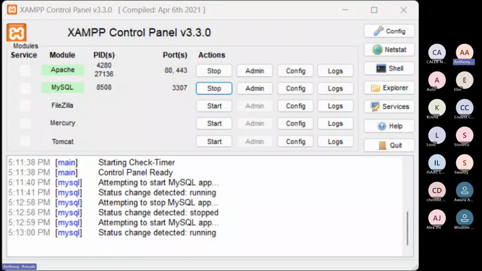Okay. So if you have XAMPP installed, this is what you'd see. You'd have XAMPP, and when you run the XAMPP application, this is what you see. All right. So the next thing is to have